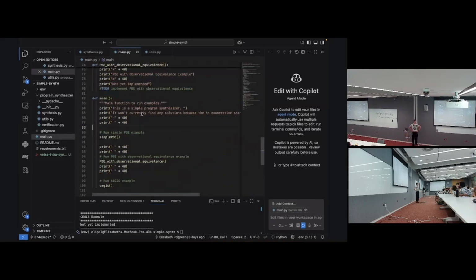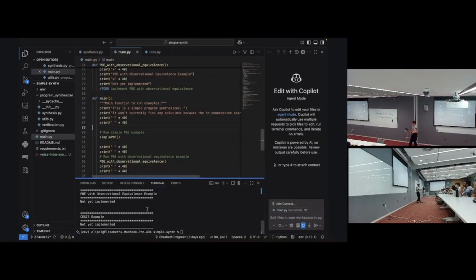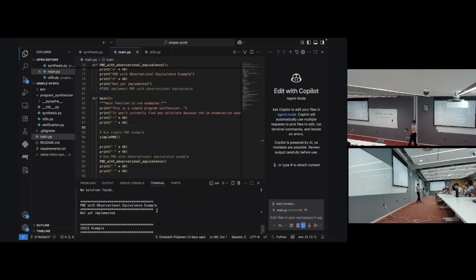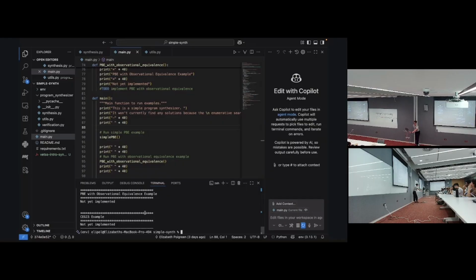If you are in the simple synth repository and you have run python main.py, you should get something printed out that says, I'm a program synthesizer and I don't work. It should then tell you that it's got a simple program by example, that it can't find any solution, and that we haven't implemented some of the other stuff that we're going to implement later. The relevant bits that you will need to look at: